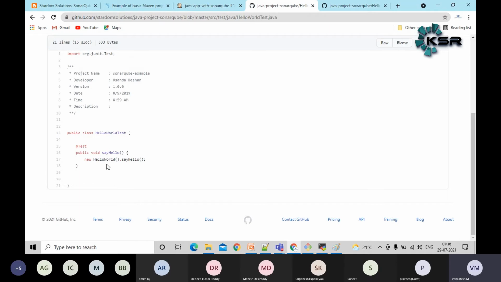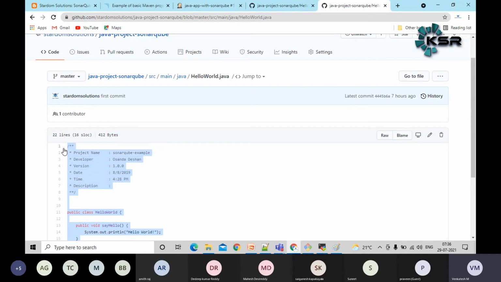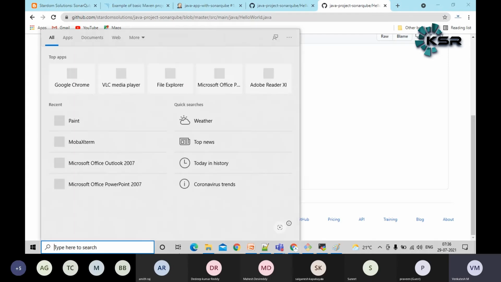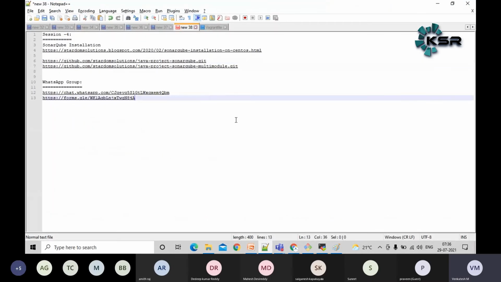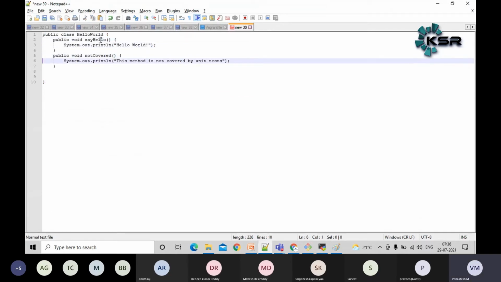What I see is it is just calling here. That means I have, let me copy, this is like 100% my code. Up to how much have I covered, guys? I have called hello world and say hello, so up to this code I have covered. Why is it saying 60%? Let me open a notepad. My code base, how many lines do I have? 8 lines total. If I cover all these 8 lines, my code will be 100%.